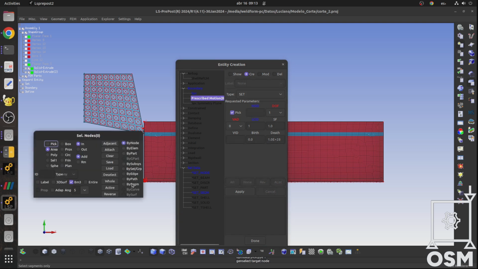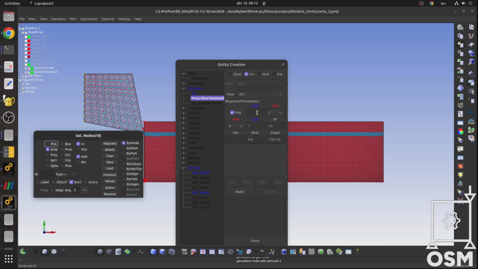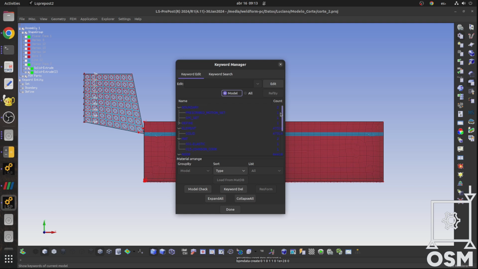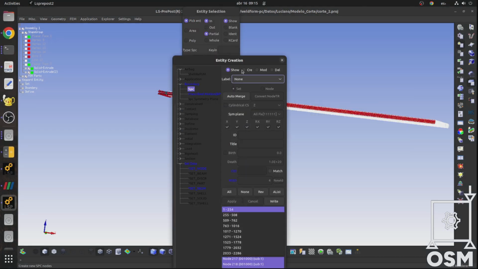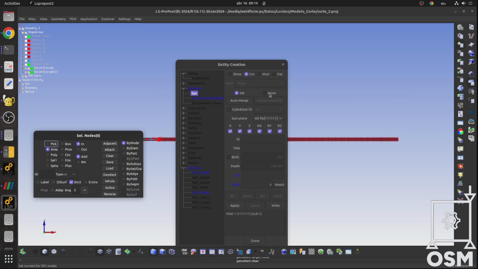Like most things in LS-PrePost, this will generate an LS-DYNA keyword card behind the scenes. In the BPM setup, we will choose the degree of freedom we want to control, define the type of motion using 0 for displacement or 1 for velocity, and then assign it to a node set. This allows us to drive motion exactly how we need it for our simulation. We will fix the lateral boundaries on both tool and workpiece through the entity creation box, selecting both sets. In the case of the tool, we also fix the vertical direction since the tool is moving only in the X direction.